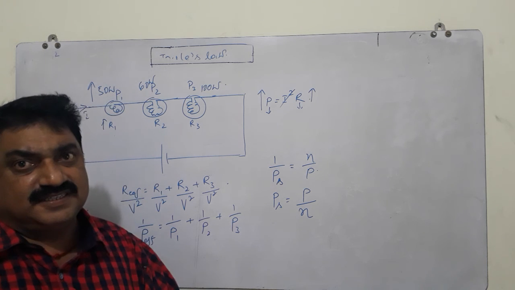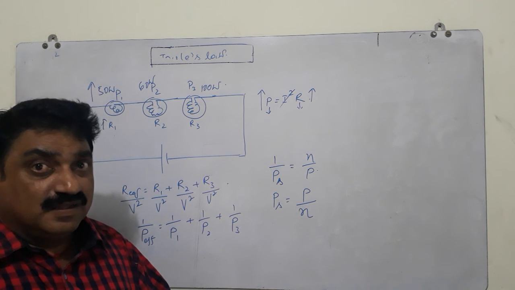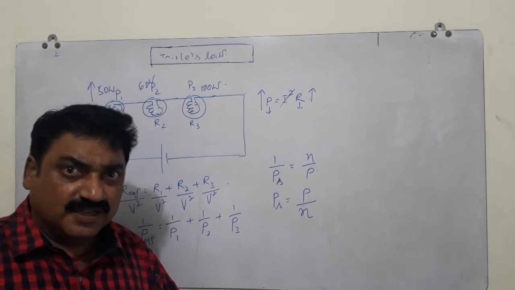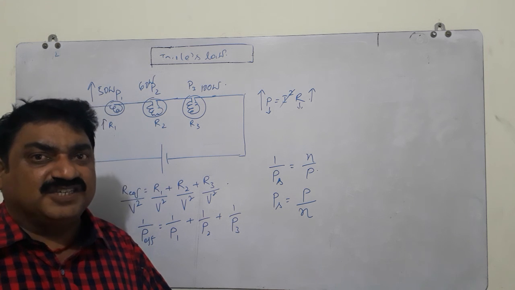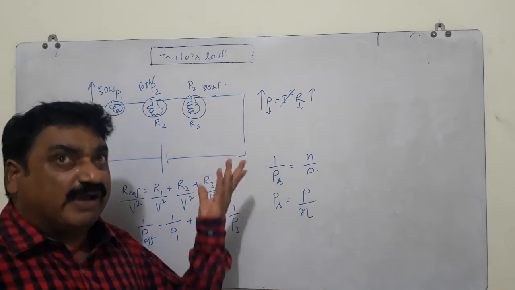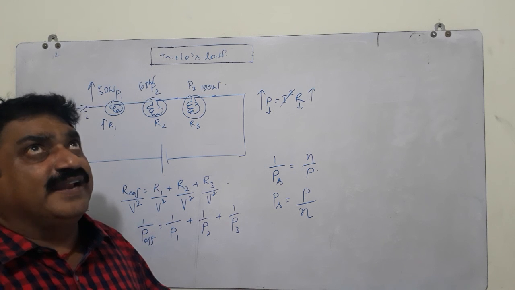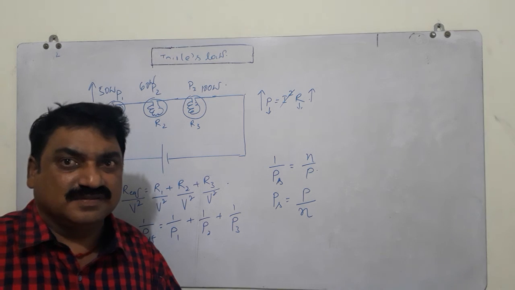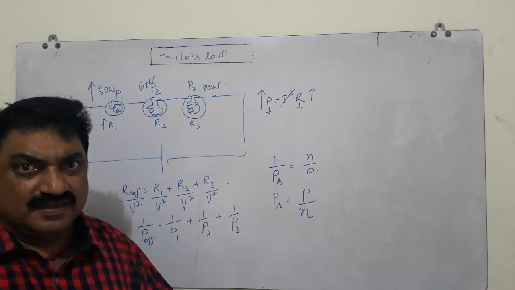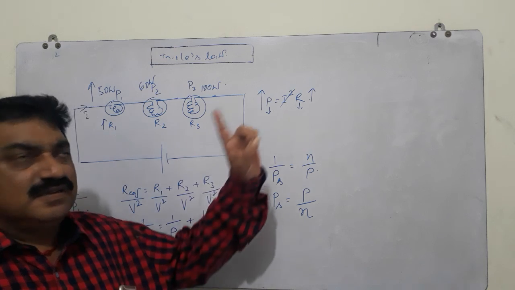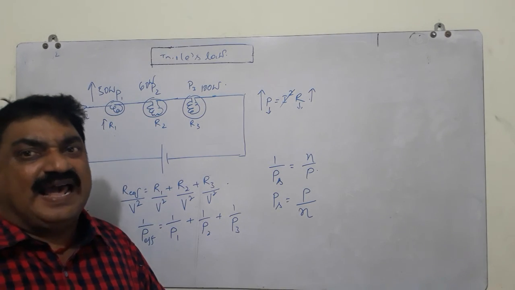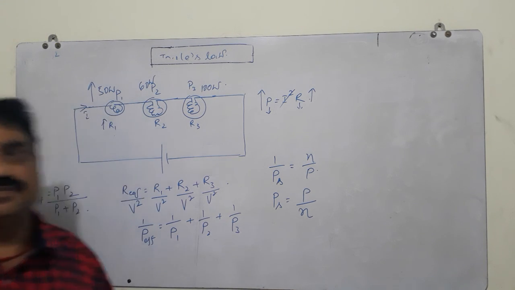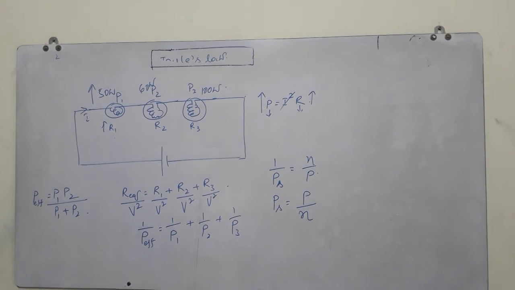But in our houses, we prefer more power dissipation. That means in household purposes, we use parallel combination of bulbs. In our houses, what are given? The wiring is made parallel. The wiring in houses is arranged in the form of parallel arrangement. And later we will go through the problems.